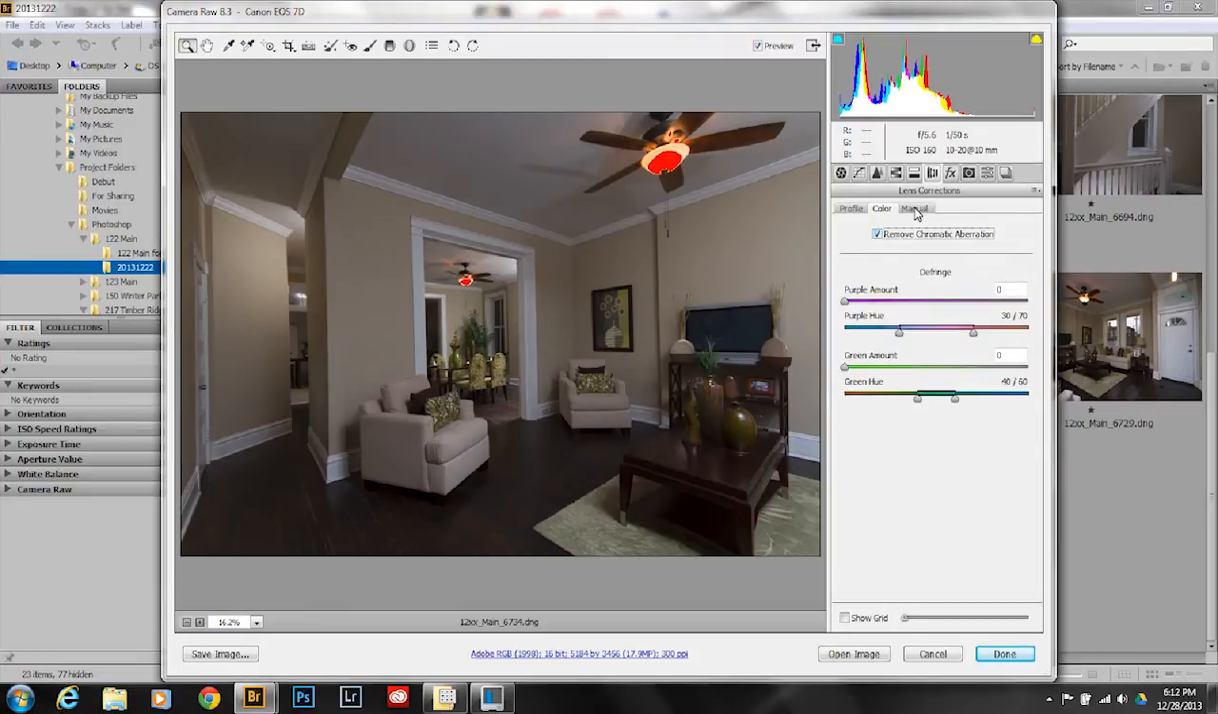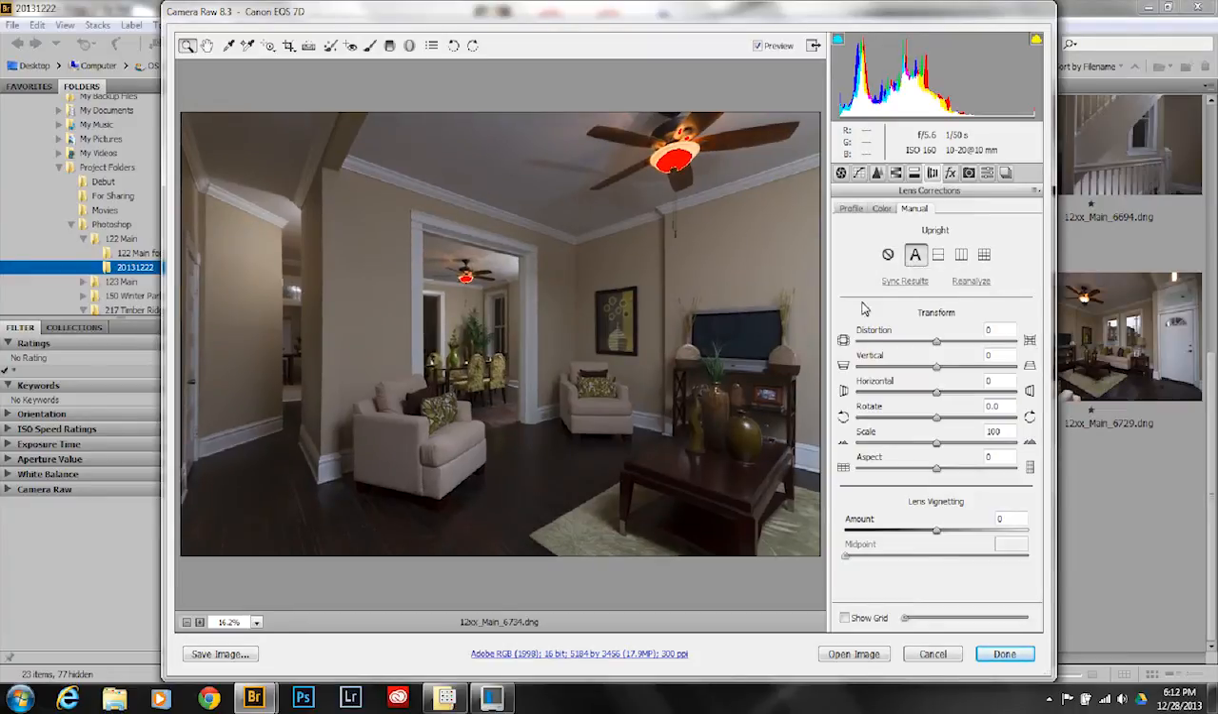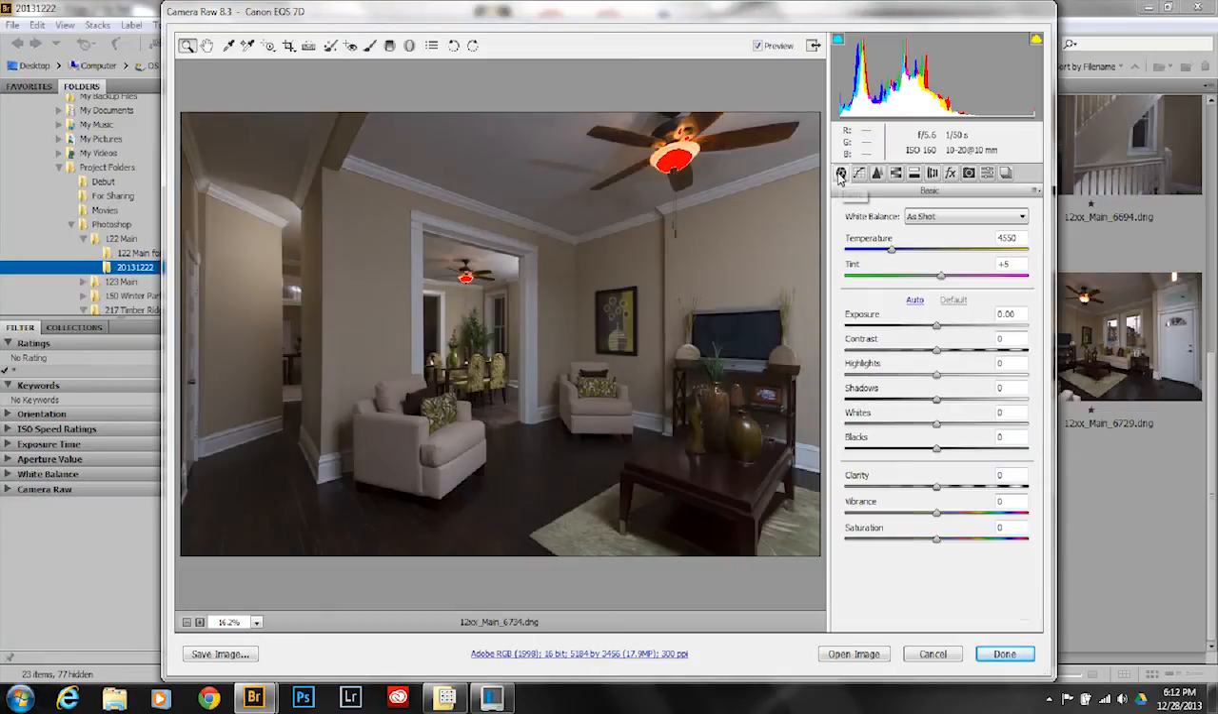We're also going to want to remove the chromatic aberration, and in manual, as far as the upright or the shape of the picture, we are going to go to automatic, and that should make some changes that puts the vertical lines as vertical as it can get them. In order to save my settings, I'm going to go over to the basic color settings, and